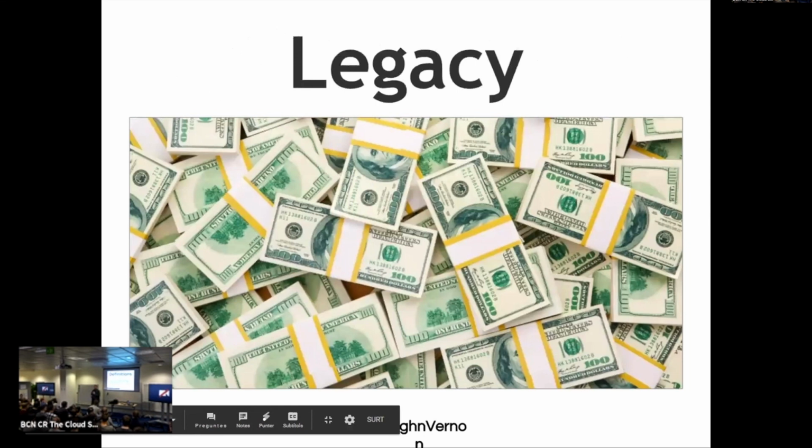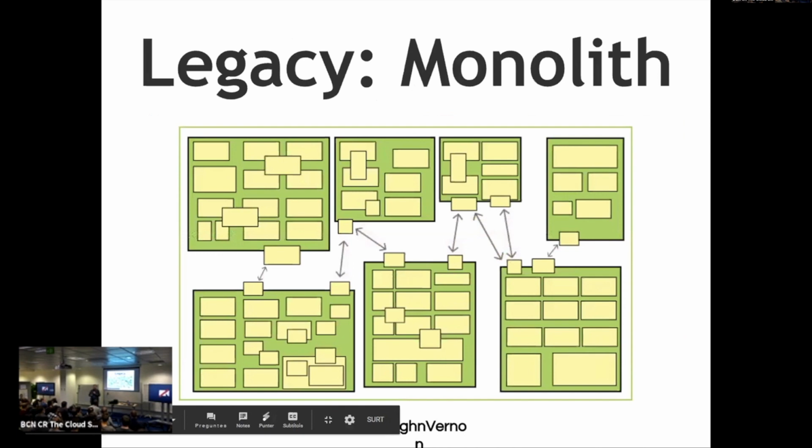So let's get some definitions. What is legacy? This is legacy. You look at it like, ooh, man, that dirty towel. That big ball of mud. It's a mess, but this is how the business views it. These things have been making money for decades, and we can't just throw them away. So when you think of legacy software, think of it like that.